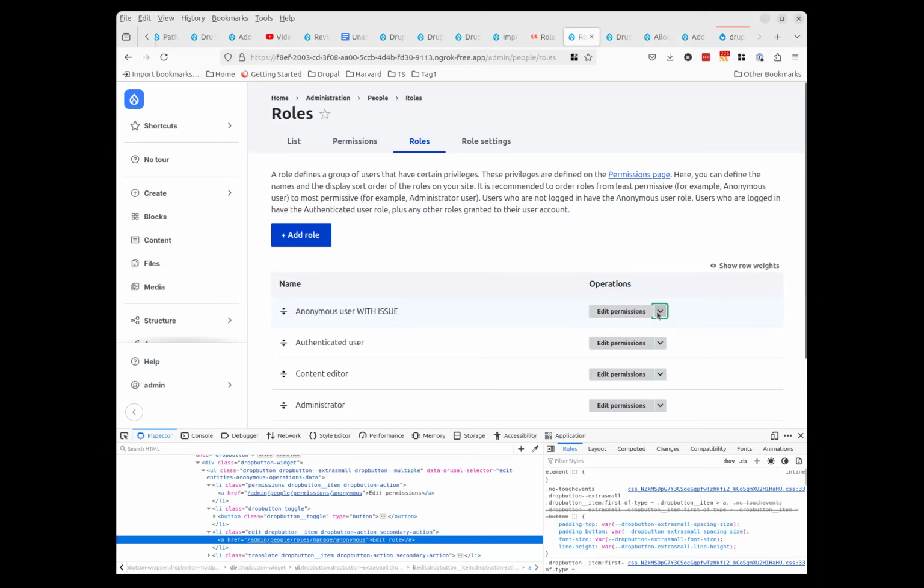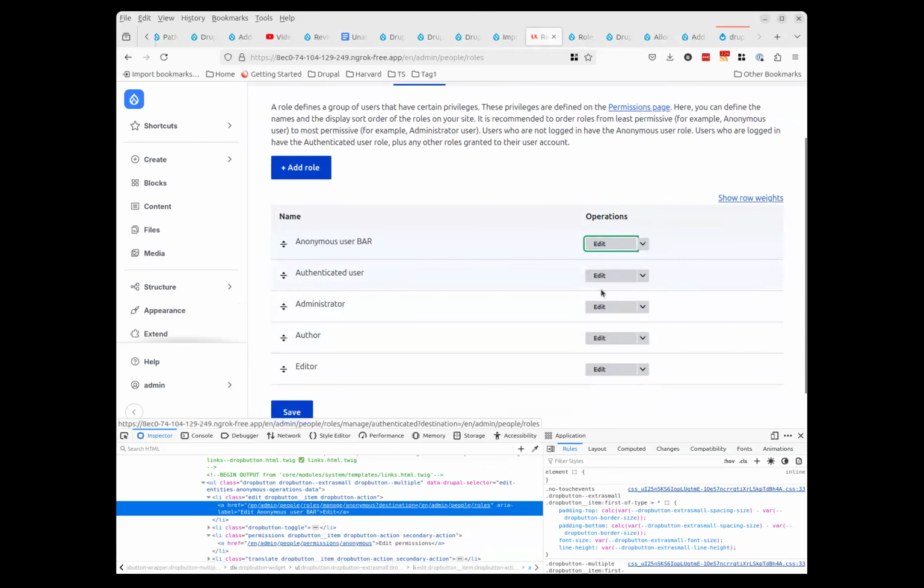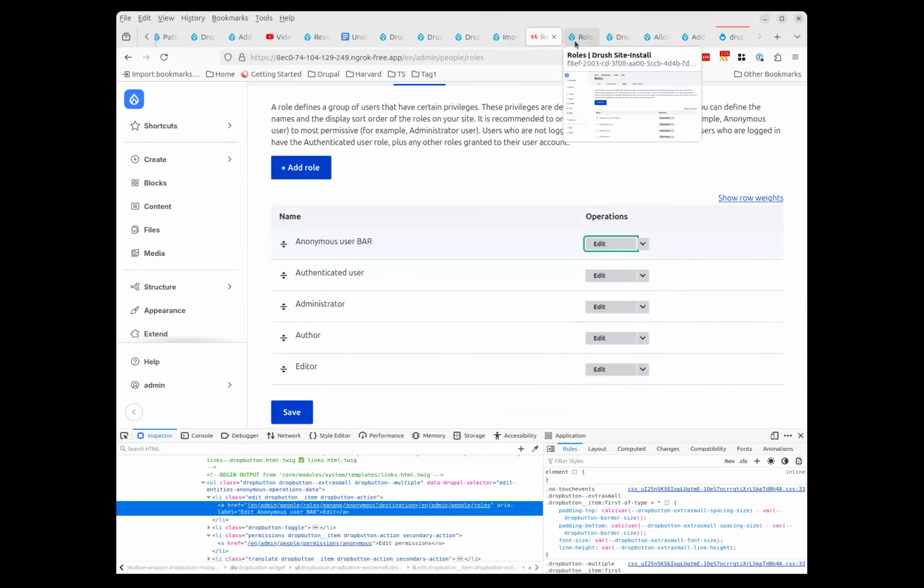So, and I guess that's why the ARIA label is there. It's certainly the change in this issue is not making the ambiguity any worse. The ambiguity is already there. We have edit, edit, edit, edit, edit once for each role, and that's why we have the ARIA labels, right? Yep. Okay. Go ahead, Ralph.